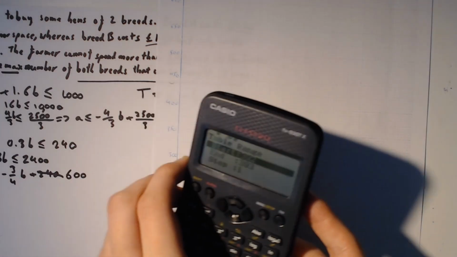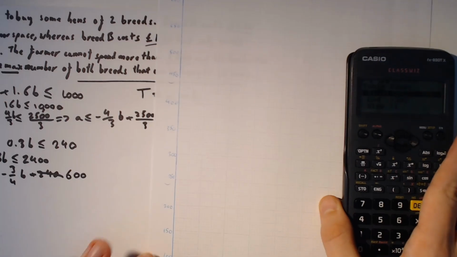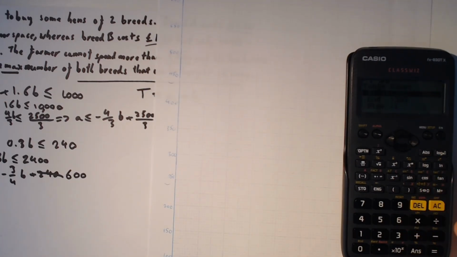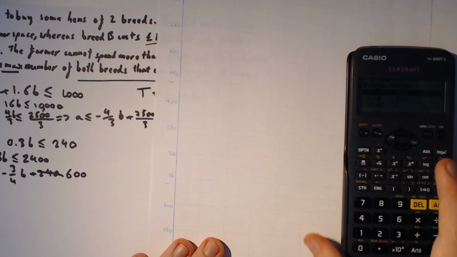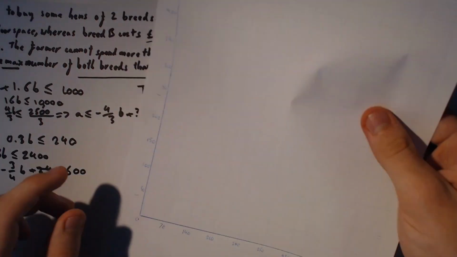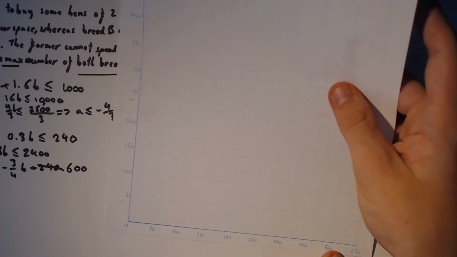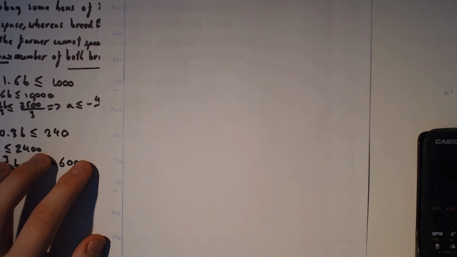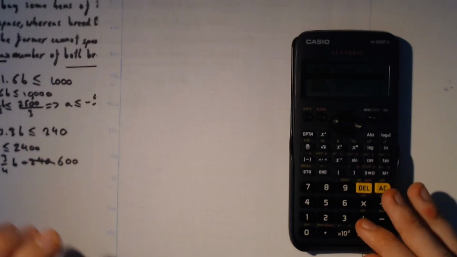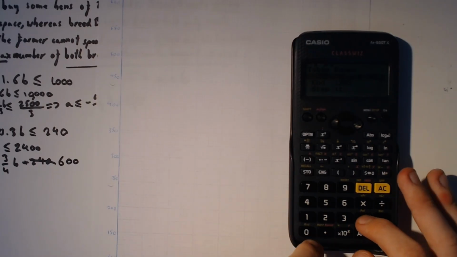Right, we want a total range, but the calculator gets a bit fussed on doing large amounts of ranges, such as 0 to 630. So, as such, we are only going to do up to 280 first, so 0